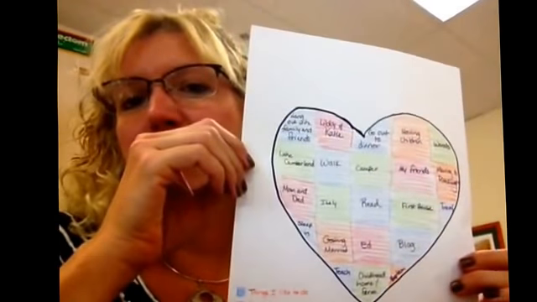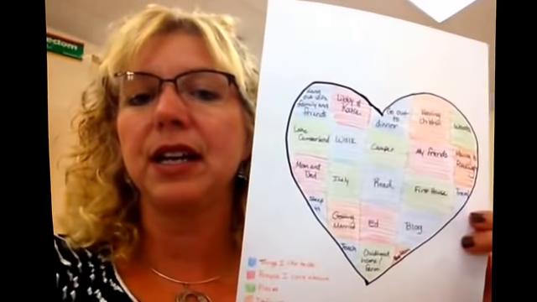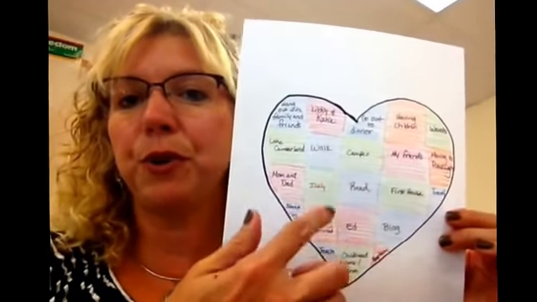So I want you to just think about different things, big categories that you like to write about, and when you come in tomorrow, you'll make one of these and put it in your writer's notebook. You can write right into your writer's notebook, or I'll have some templates like this that you can make and either cut out, because this is too big for your composition notebook, so you'd actually have to cut out the heart. And if you're going to do kind of a color coding thing, then you'd have to write this right into your notebook because it wouldn't all fit.